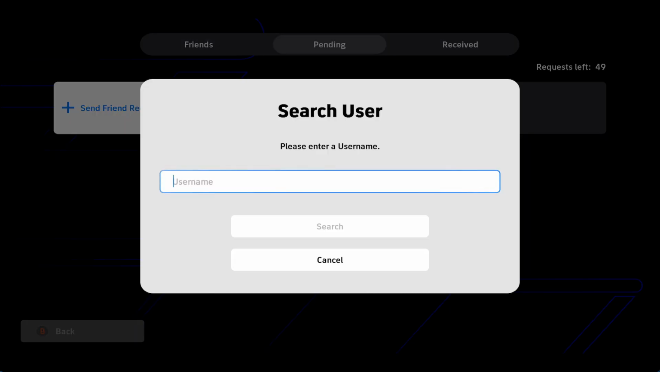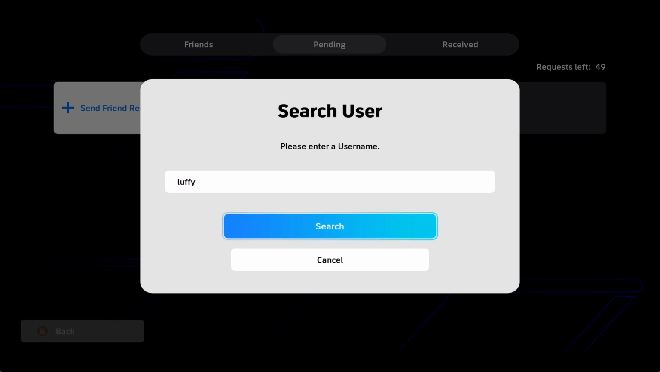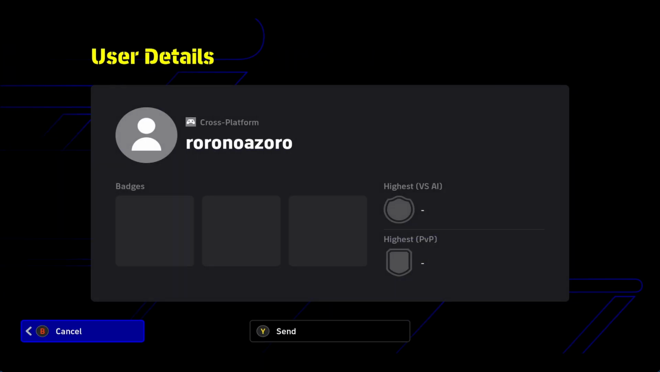Go ahead and tap on it, and now you can simply enter the username to search for your desired player. Once you tap on the search button, you will be taken into this user's profile. In order to send a friend request, just tap on the send button, and now your request has been sent